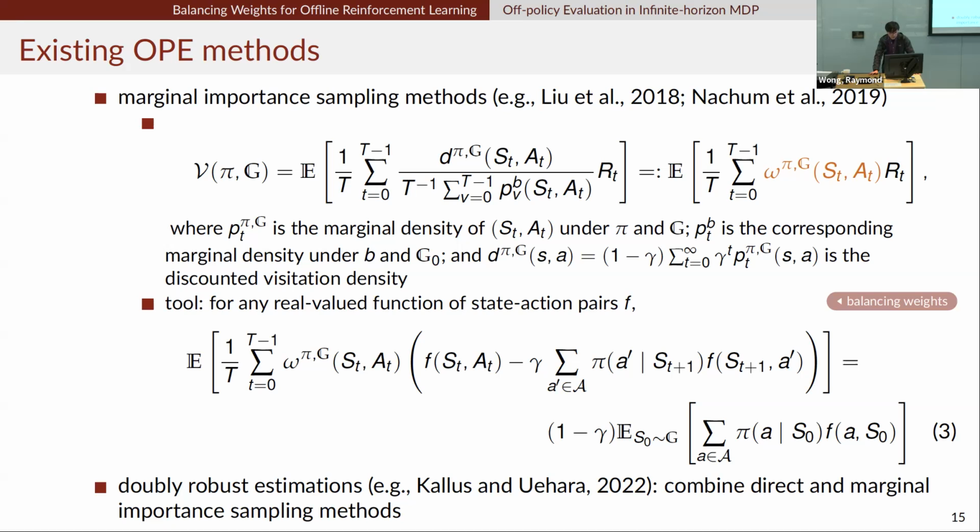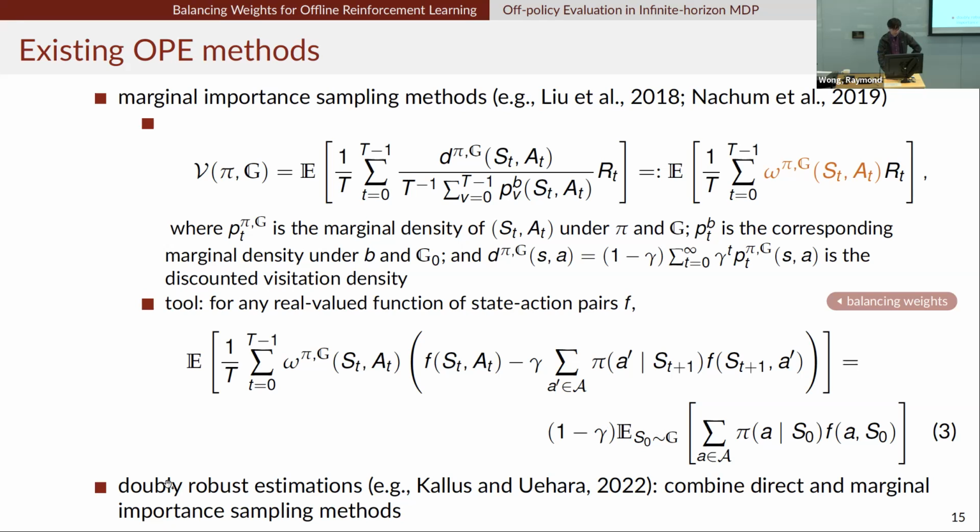Instead of using this characterization, later I will also use another characterization of the weight function. Here I have a set of infinite number of moment restrictions, or moment characterizations. This also characterizes, or identifies, the weight. You can see that for each f we have a moment restriction, and we need this to hold for many different f. I'll come back to this later.